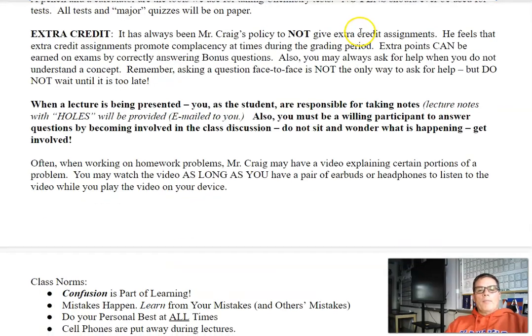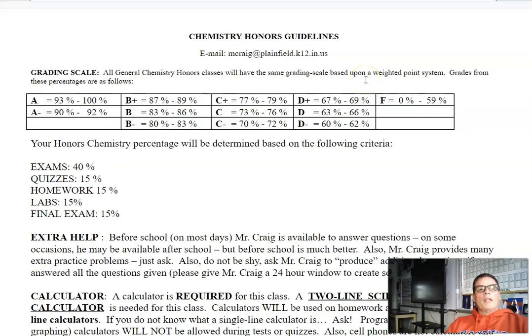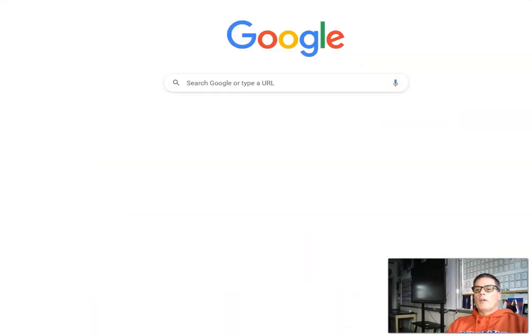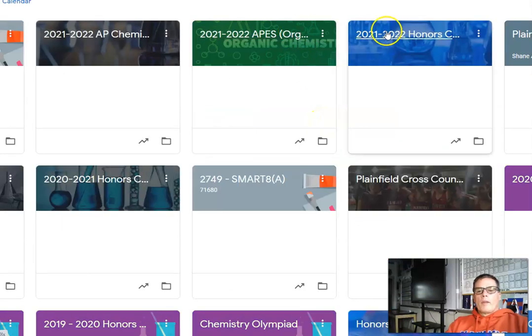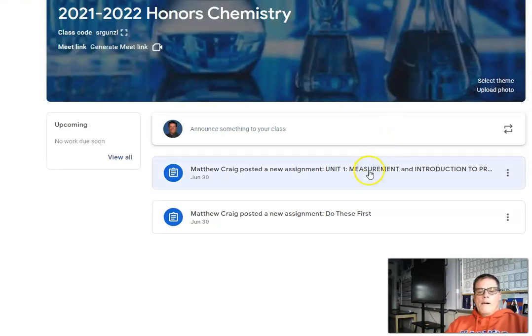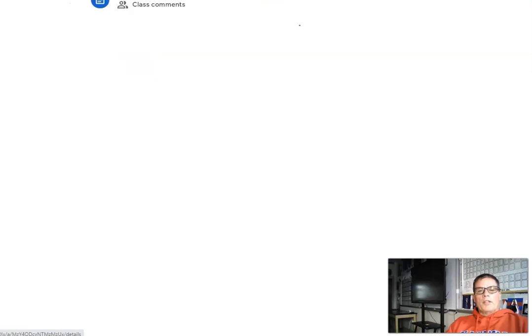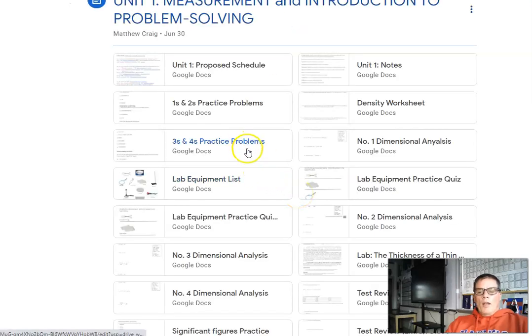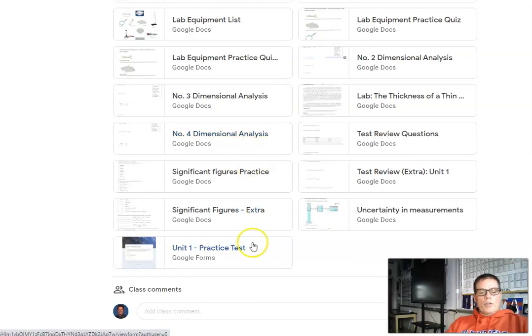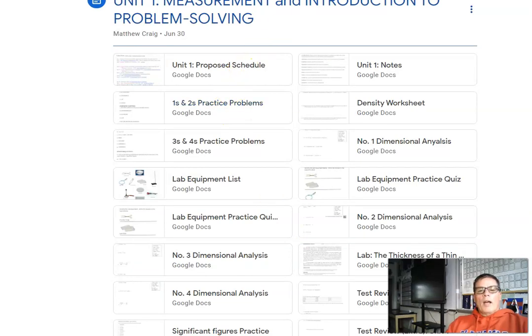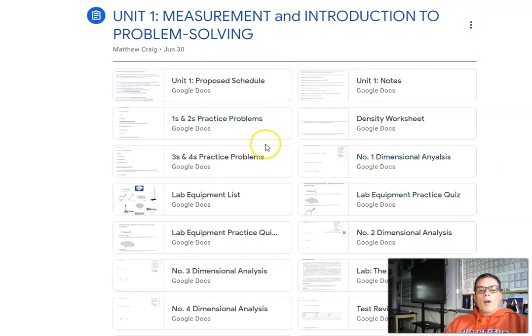So again, Google Classroom is something that we'll use quite a bit. Actually, let me go to Google Classroom real quickly here. So we'll be here. And so Google Classroom for you guys will look like this, and you'll have to click on that to get to see these things here. So that'll be everything that you'll see in Google Classroom. And I do have a practice test. I usually have a couple practice tests to start off with. Let me scoot that up a little bit. But for the most part, in Google Classroom, it'll have everything that we're doing.